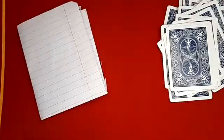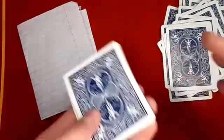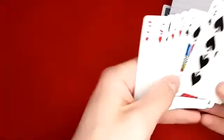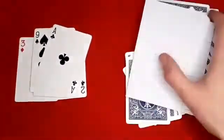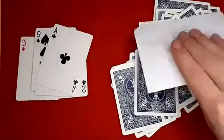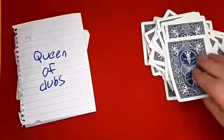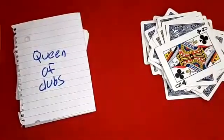Alright, so Alexa obviously could have picked any number. Just place the prediction there, and she could have gone through any of the cards, but she stopped at 41. So my prediction was the Queen of Clubs. And the top card that was stopped at